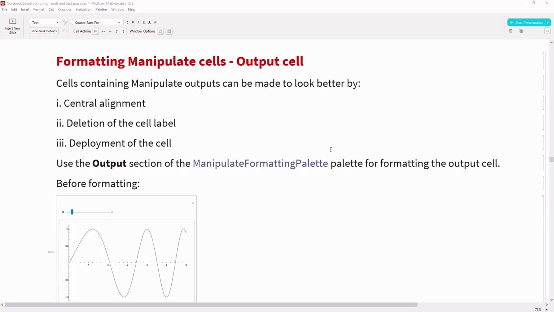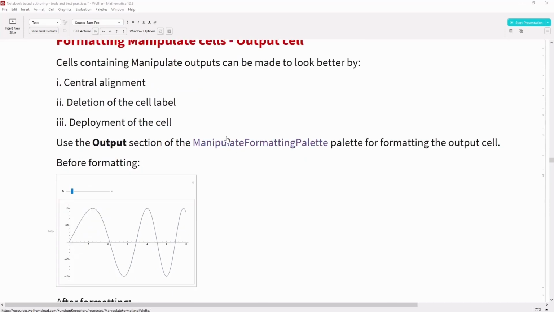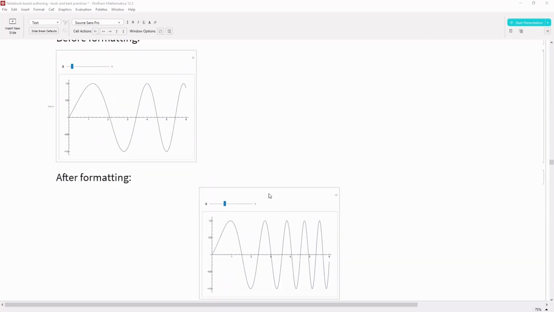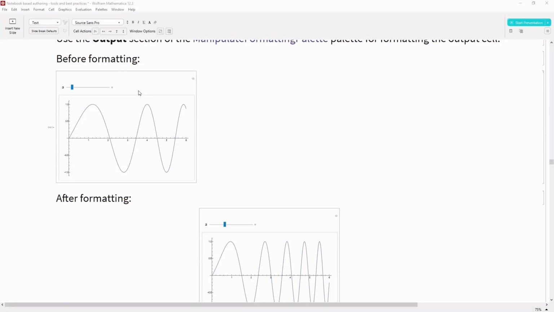To do that, we can centrally align our cells, delete any cell labels if we have, and deploy our cells so that if the user selects the output, he is not able to select any text or anything in the output. Here is the difference between how my Manipulate output looks before formatting and after formatting.